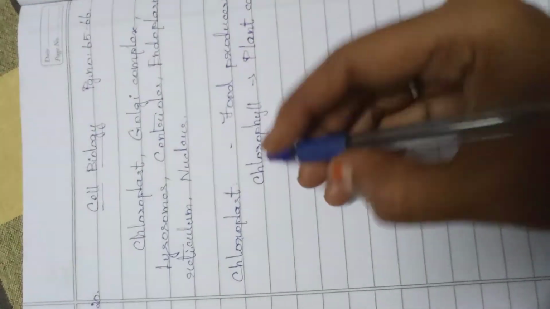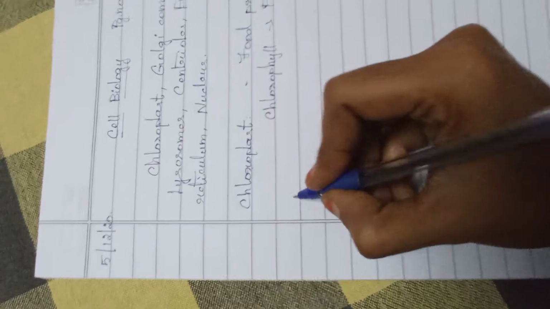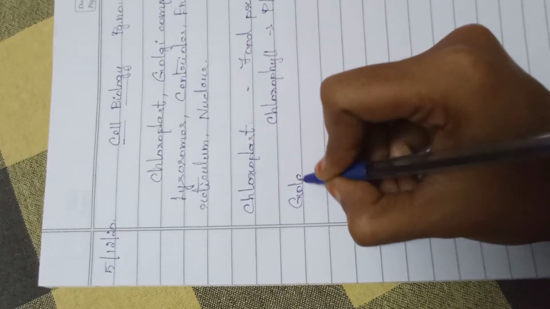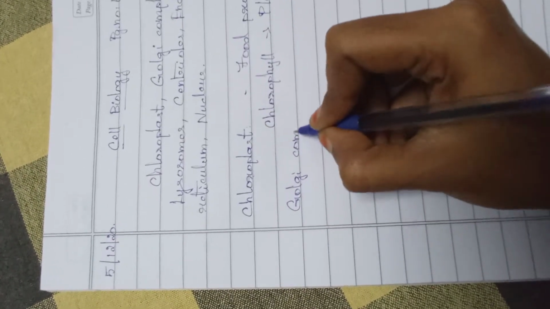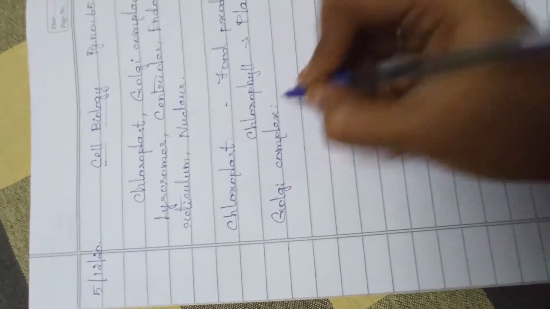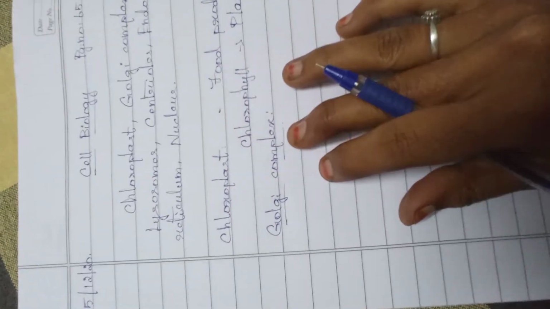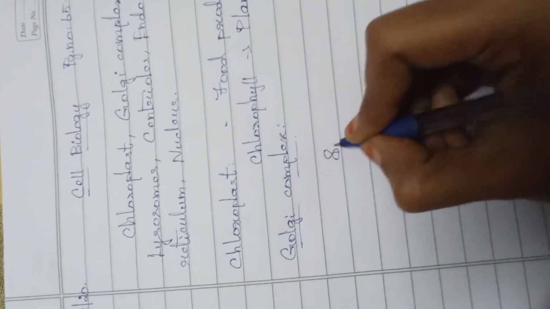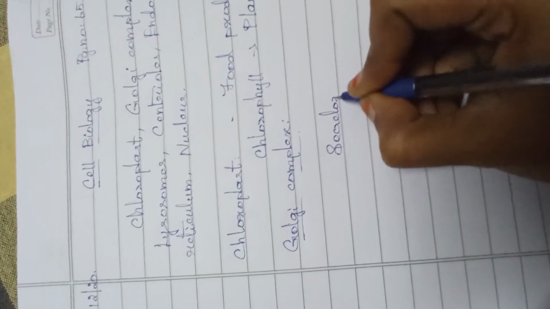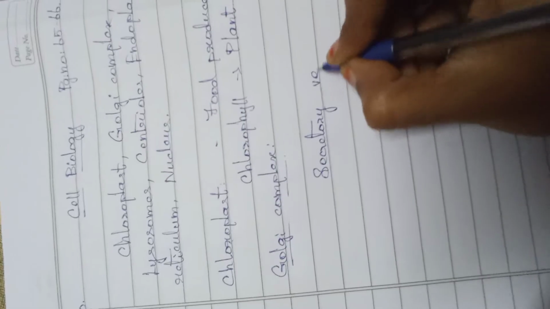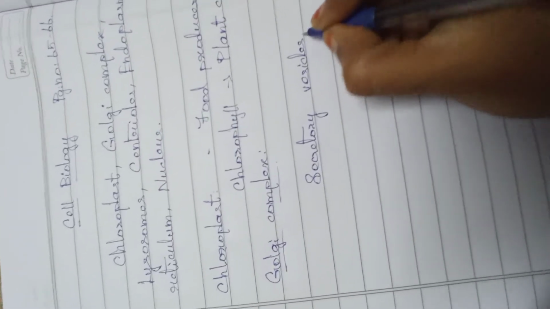And then the next one we are going to see is the Golgi complex. What is this Golgi complex? What is its use? This Golgi complex is almost always associated with the secretory vesicles. What are secretory vesicles? Secretory vesicles are present in the outermost layer of the cell,